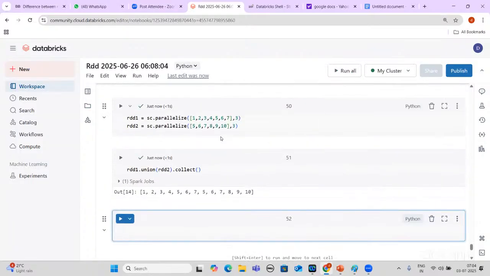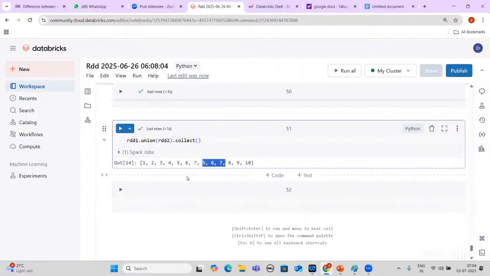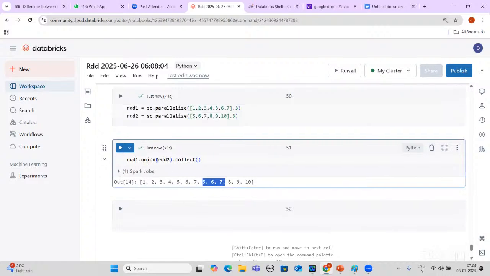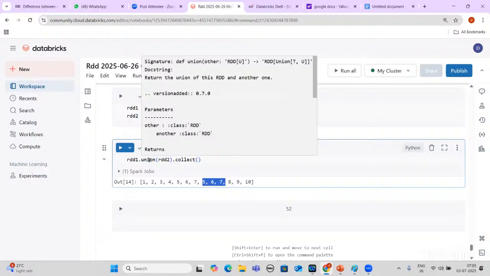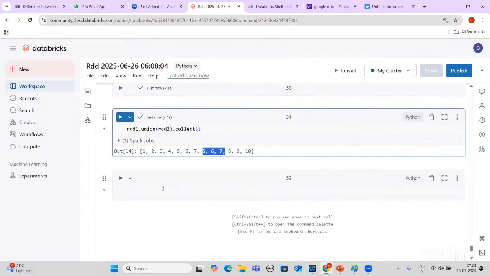Okay, this is giving duplicate data also. 5, 6, 7 were already there, and again it is giving 5, 6, 7. So union and union all are both the same here. If I'm writing union in PySpark, it means union all. Only one thing we have, that is union.